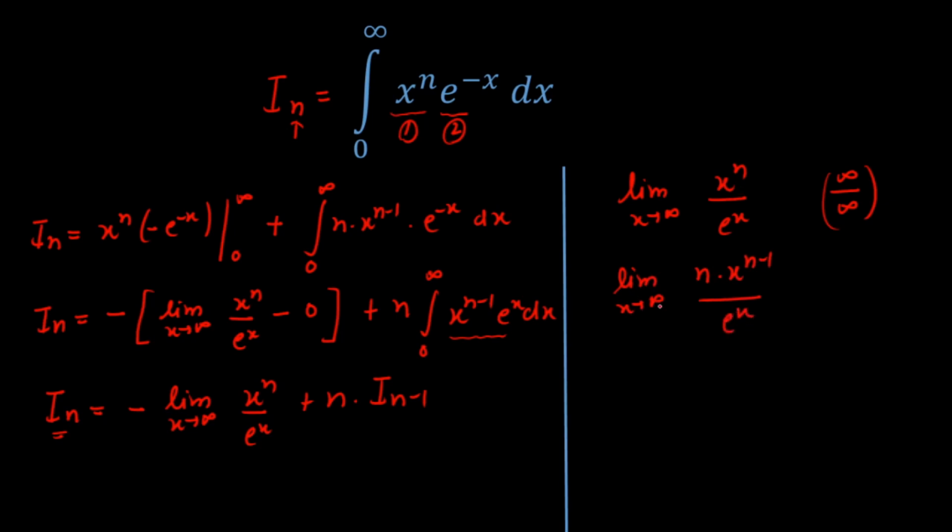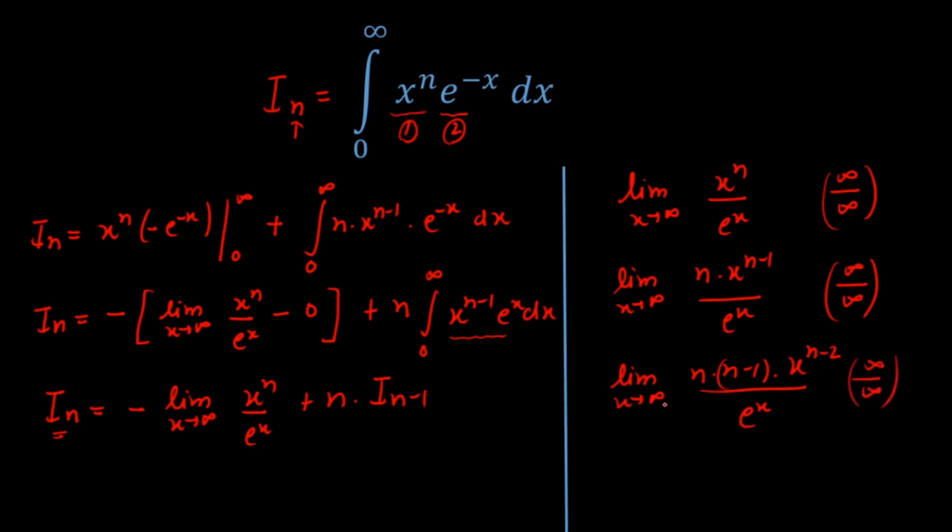Now again, if you check for x tending towards infinity, again you will get the same indeterminate format, infinity upon infinity. So again I'm going to apply L'Hopital's rule here. That is, the limit as x tends towards infinity, I'll get n into n minus 1 multiplied by x raised to power n minus 2, similarly divided by e raised to power x, as the differentiation of e raised to power x is e raised to power x. Now I can generalize this. Again you see here it is the indeterminate format infinity by infinity as x tends towards infinity. So that means this term will vanish, and I have to write all the derivatives here.